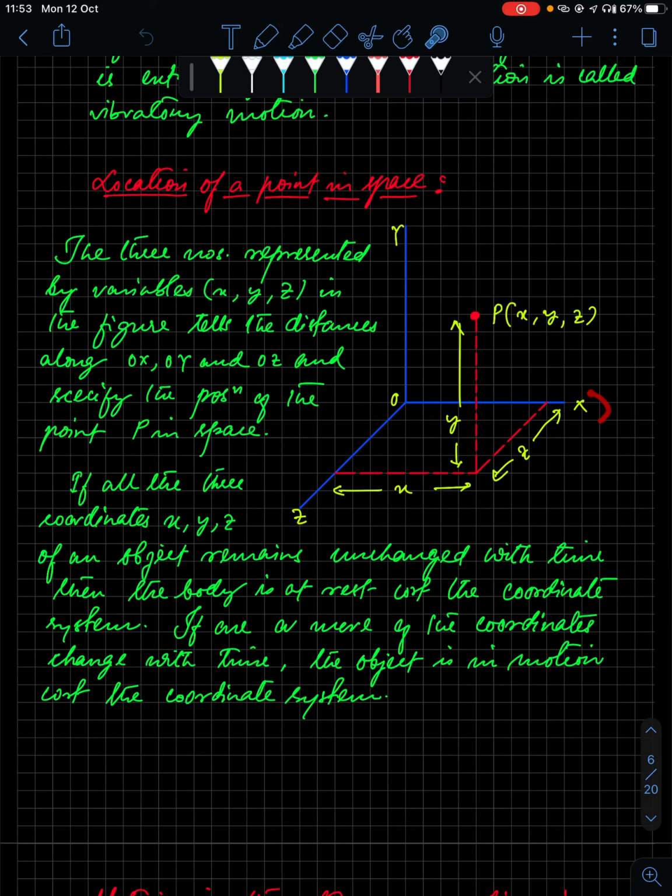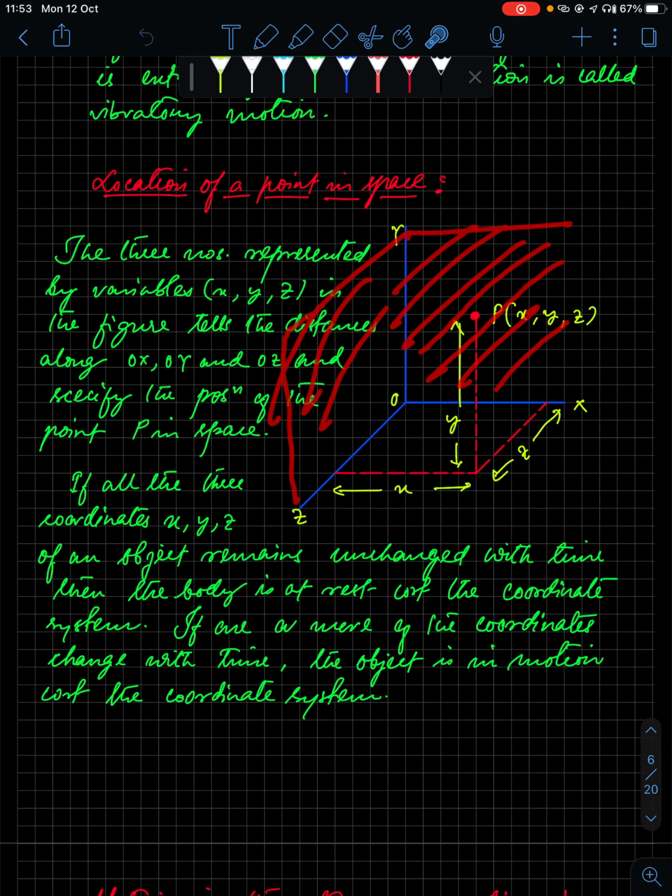Now you see, you have three coordinates, x, y, and z, right? You look at this, this is the origin. You can fix this at the corner of your room, in the room you're sitting in right now, or it could be on the roof also, if you have a plain roof. This would represent two walls and the floor of your room, or if you take it in inverted position, it could be the roof and the two side walls, right?